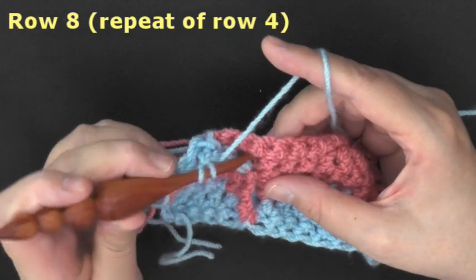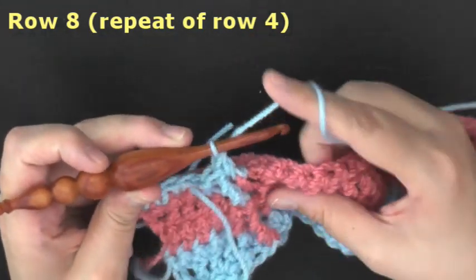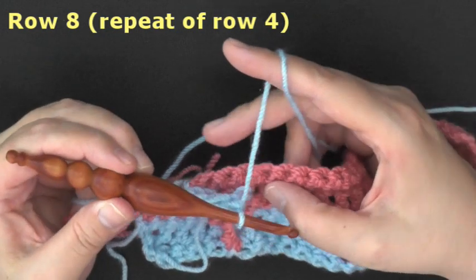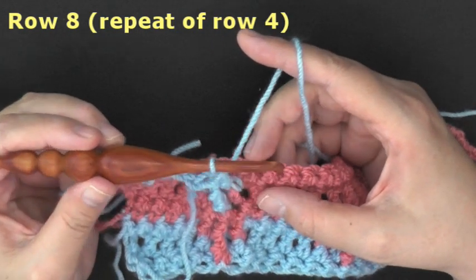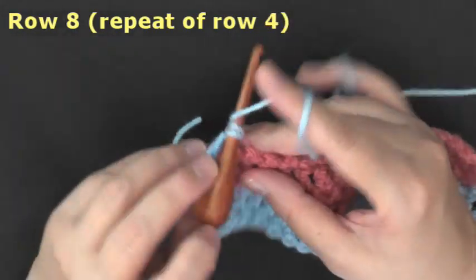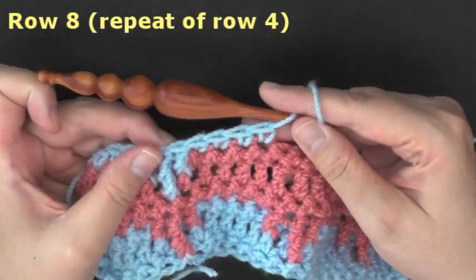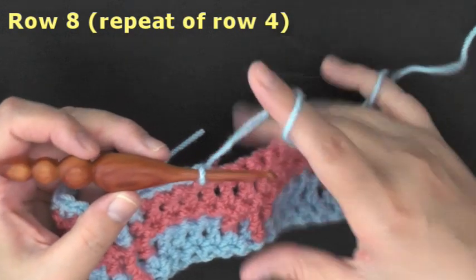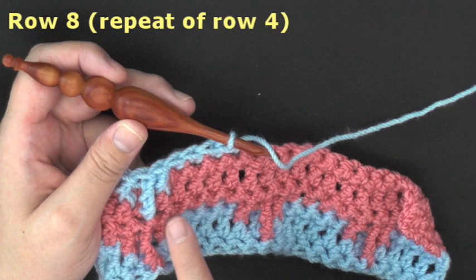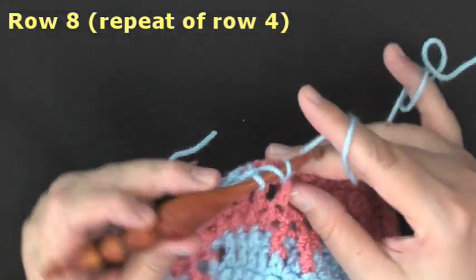Yarn over, find the next post, do a front post double crochet on it. Now in the next stitch, and if you're not sure if it's the right one, check back here. You're looking for 3 stitches, 1, 2, 3, and the 4th one over, we're going to be putting a single crochet. 1, 2, 3, 4 single crochets in a row, just like we've been doing this whole time. Next, 5th double crochet over from the last one, so count if you need to, 1, 2, 3, 4, 5, this 5th one over, put a front post double crochet,